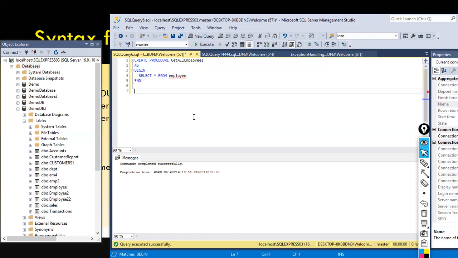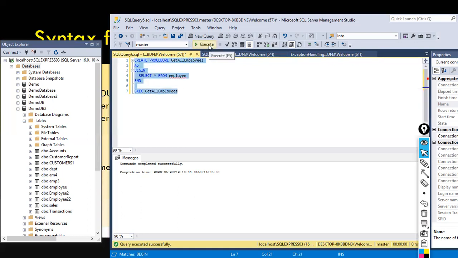Okay, how do I reuse it? How do I use it? Once you create the stored procedure, obviously you need to use it. How do I execute the stored procedure? To use this stored procedure, you need to execute it. There is a reserved word called exec. You can use either small letters or uppercase for exec. And here you specify your stored procedure name. In this case,